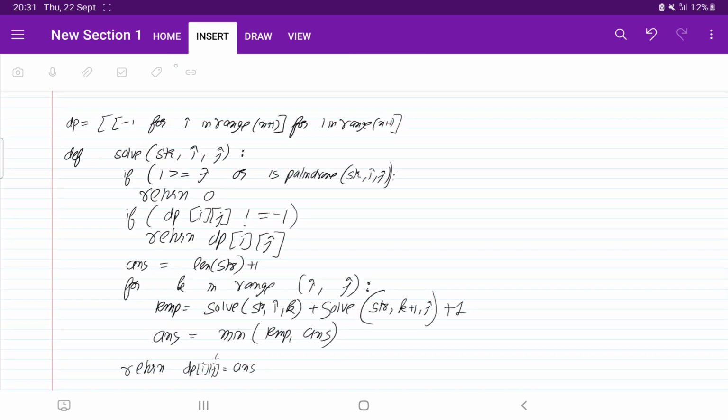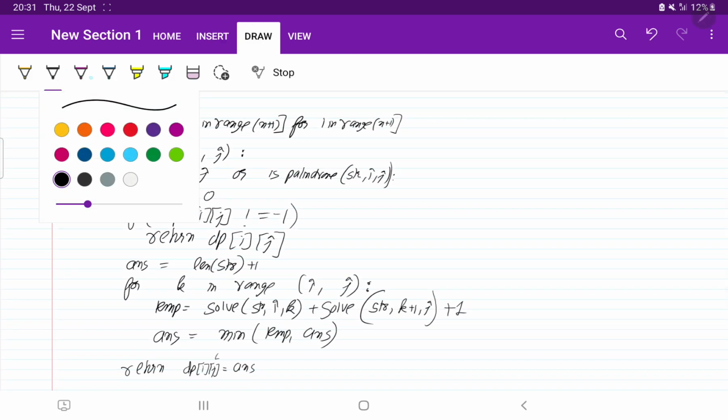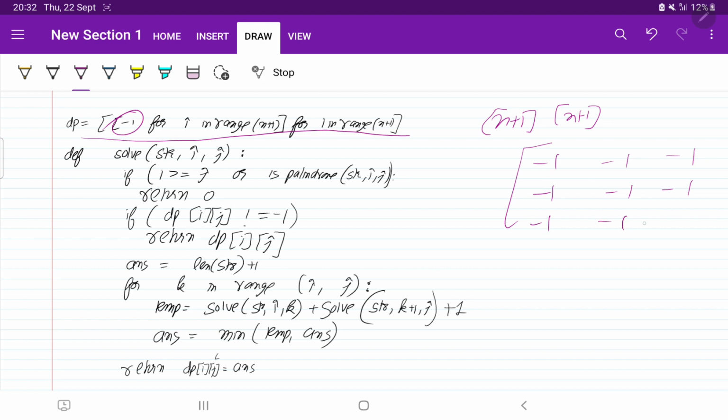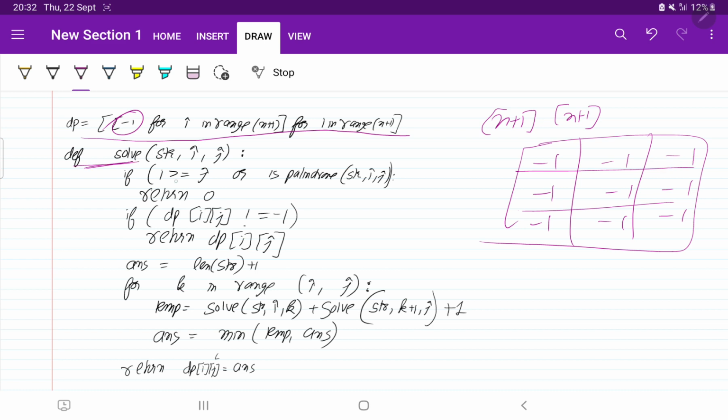So first of all, if you see, we have made the matrix with size n+1 by n+1 and initialized with -1. It means all the elements are -1 -1 -1 -1 -1. Okay, it is going to be like this. Then I have written a solve function, and this is my base condition.